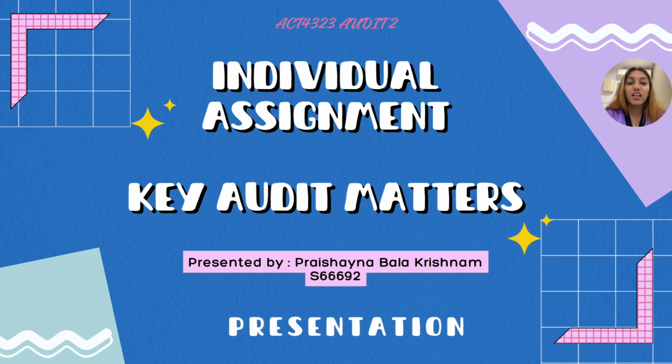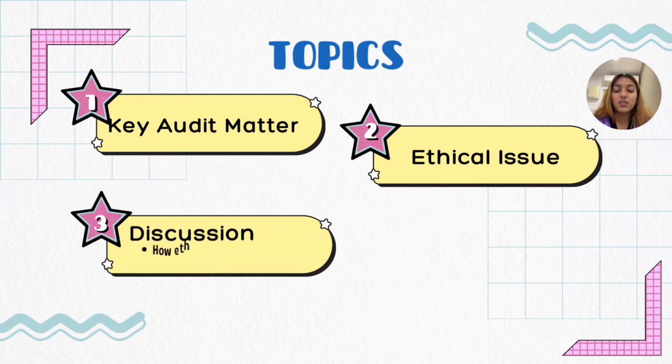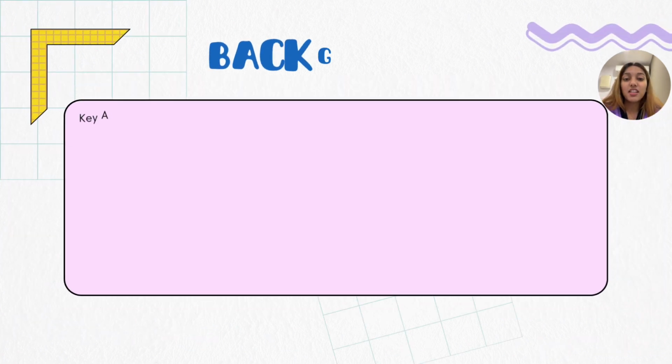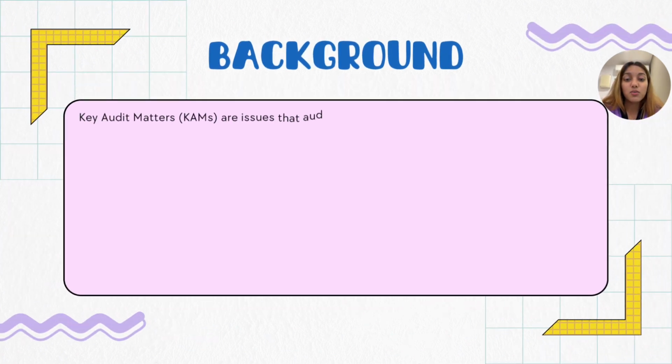Today, I'll be presenting my individual assignment for Audit 2, which is about key audit matters. First, I will touch on the topics: firstly, key audit matters; second, ethical issues; and third, discussion, where I will touch on how ethical issues arise from key audit matters and the prevention strategies for all of these key audit matters. This presentation's background is about key audit matters, which are issues that auditors identify as requiring